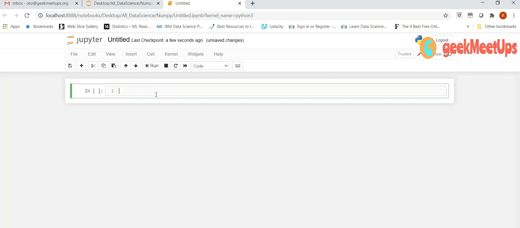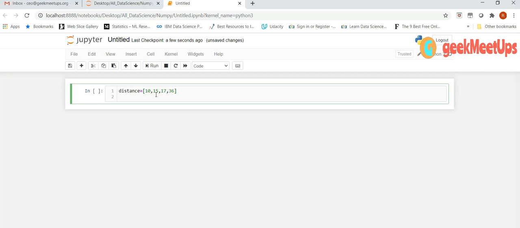Why did NumPy come? Suppose we have two lists. One list is distance, and it contains some distance values in kilometers. The values may be 10, 15, 17, and suppose 36.